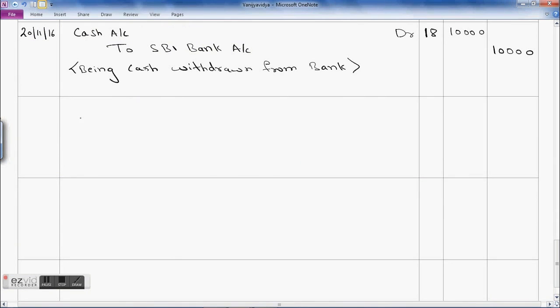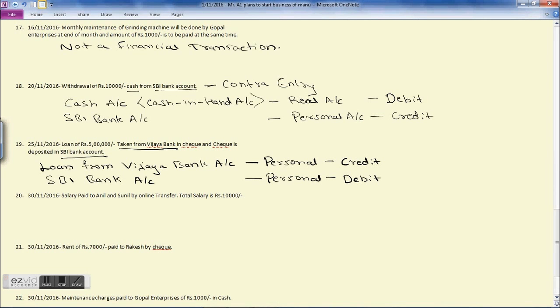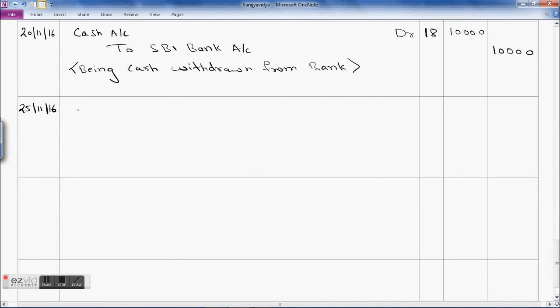25/11/2016. We will put the entry as SBI bank account debit to loan from Vijaya bank account, and the amount is 5 lakhs. Account debit 5 lakh to loan from